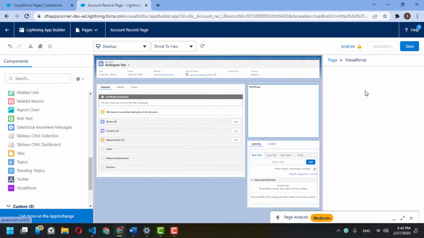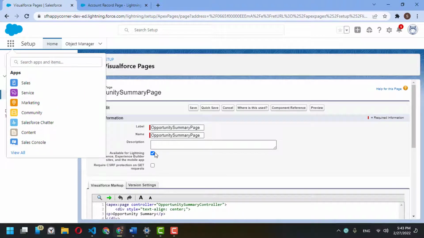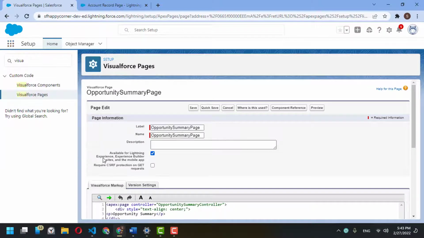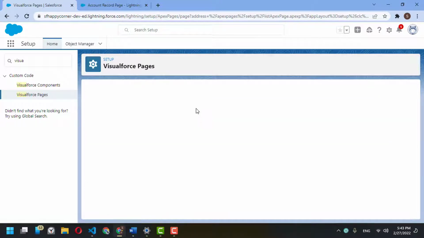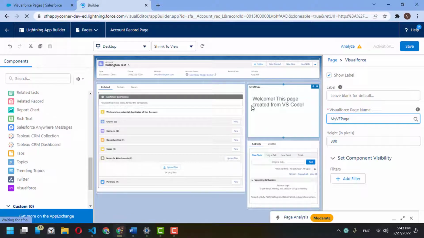The Visualforce page we created is not available as an option here to select, but after selecting available for Lightning experience, if we save this page now and refresh the Lightning page editor,